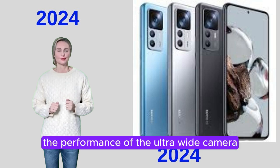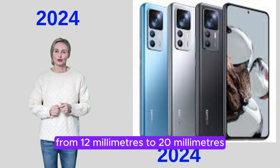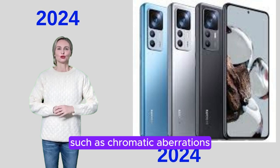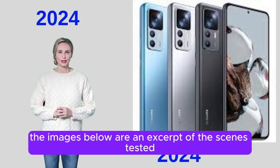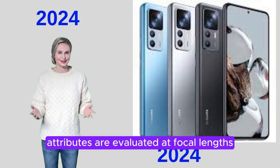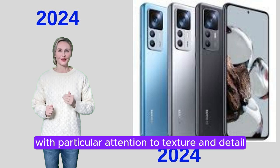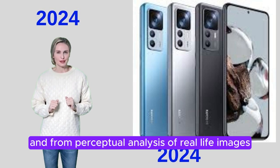These tests analyze the performance of the ultra-wide camera at different focal lengths from 12 mm to 20 mm. All image quality attributes are evaluated, with special attention paid to defects such as chromatic aberrations, lens smoothness, and distortions. The images below are an excerpt of the scenes tested. All image quality attributes are evaluated at focal lengths between approximately 40 mm and 300 mm, with particular attention to texture and detail. The result is obtained from a series of objective measurements in the laboratory and from perceptual analysis